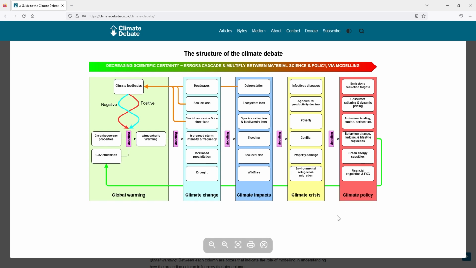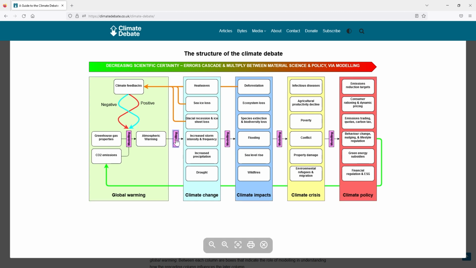And we see here as well very little evidence that climate policy is even achieving very much on its own terms, and quite a lot of evidence that actually climate policy is extremely harmful, which is, of course, why we've produced this website. We believe that climate policy is inherently harmful.